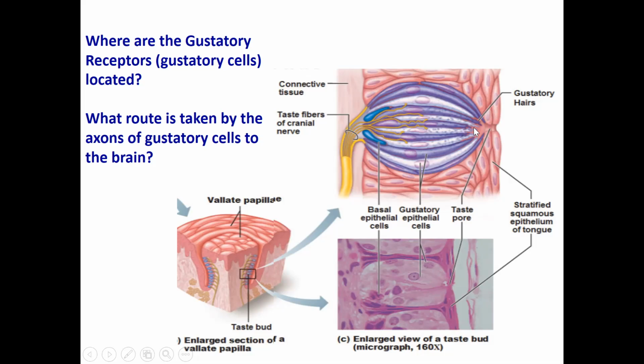And here we have the cilia of the gustatory cells. We call them gustatory hair. And they are sensing the chemical composition of that fluid. That chemical composition sensed by the epithelia is then transduced, as we say, they are acting as transducers. So they are converting that chemical composition information,